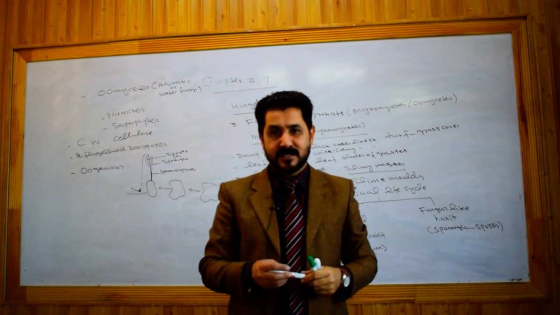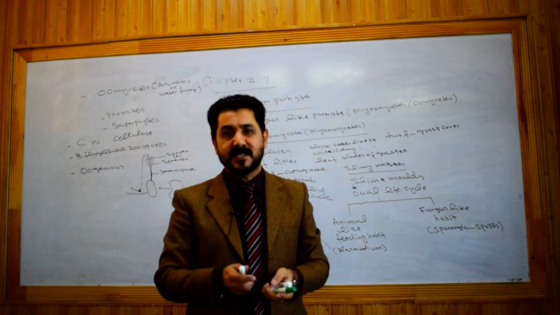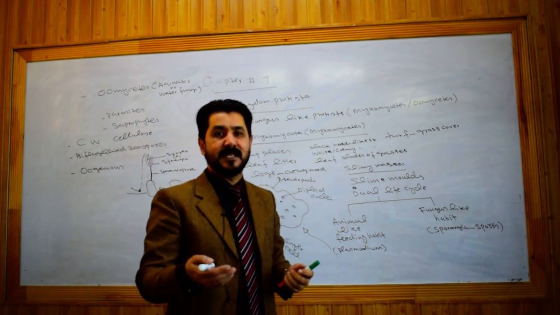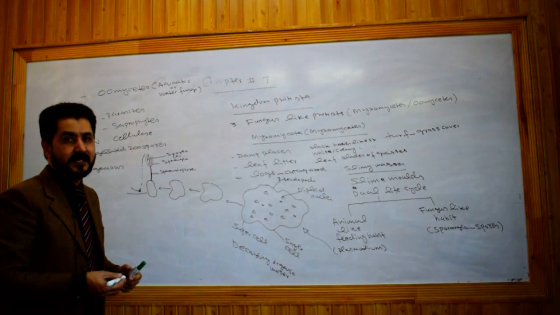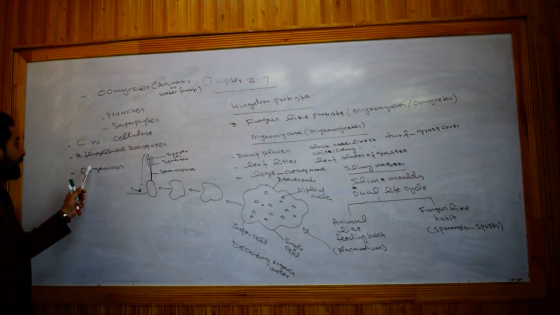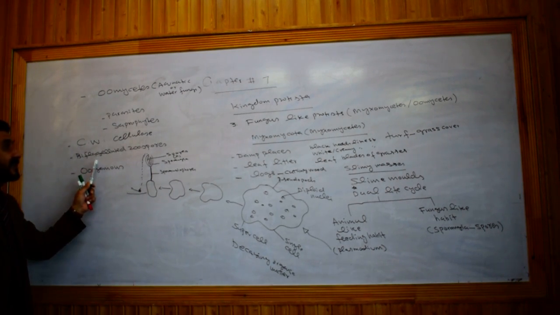Although the oomycetes originated from a plastid-bearing ancestor, once they were placed in the kingdom Plantae, but then they were excluded from the kingdom Plantae because they are achlorophyllous. They lost their plastids in the time of evolution. Then they were placed in the kingdom Fungi, but later on it was revealed